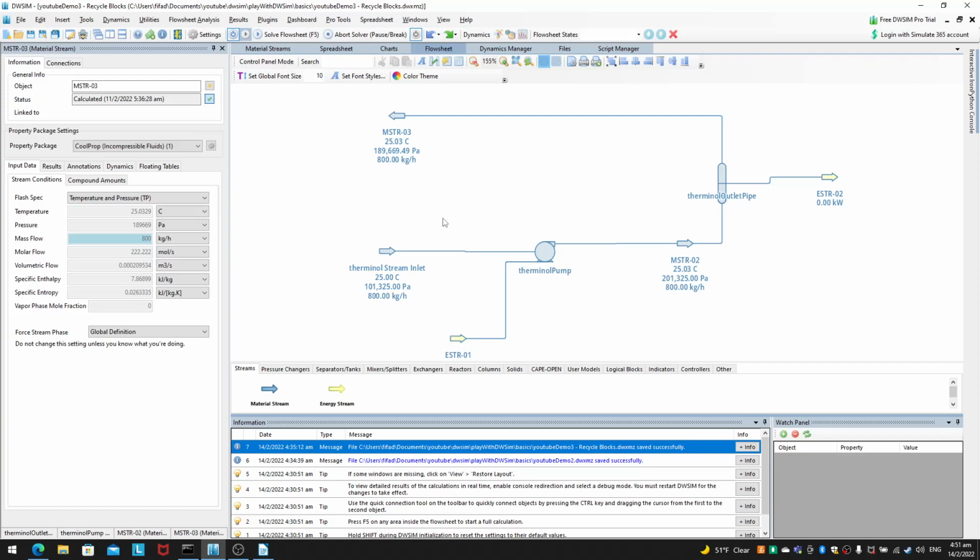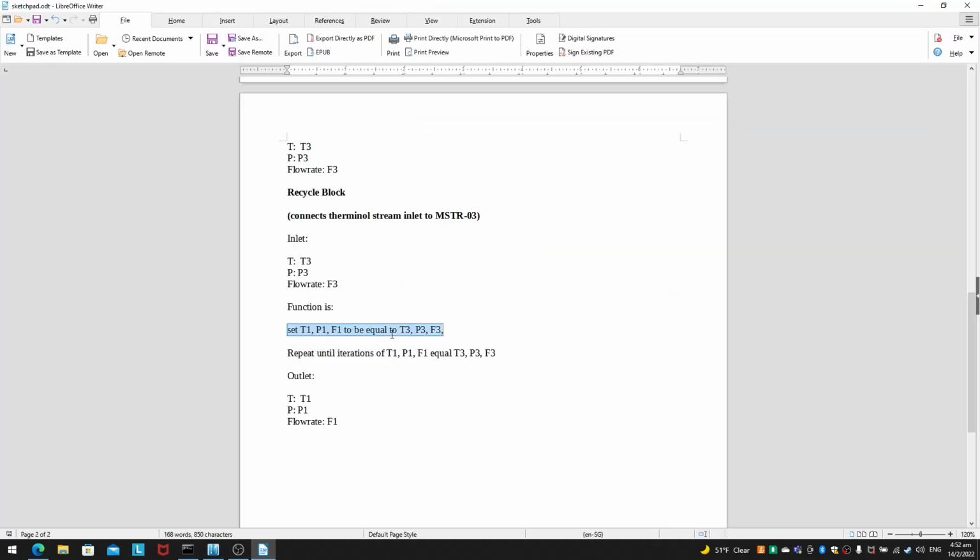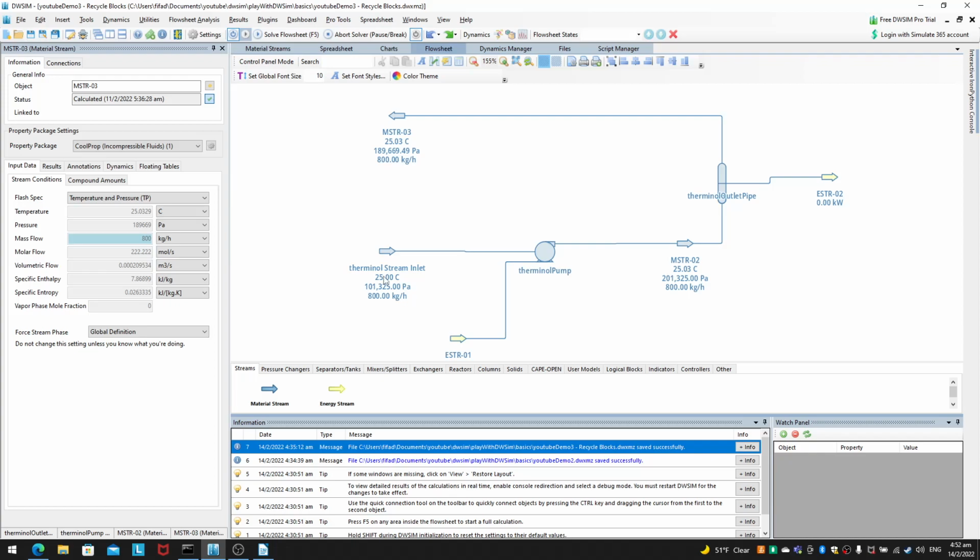So what's going to happen? If we cycle this back, if the recycle stream works like this, we set T1, P1, and F1 to be equal to this value. That means the terminal stream inlet on the next iteration will be 25.03. The pressure will be 190,000. The flow rate will be the same. Then we'll subject it to the pump again. The pump will actually increase it by